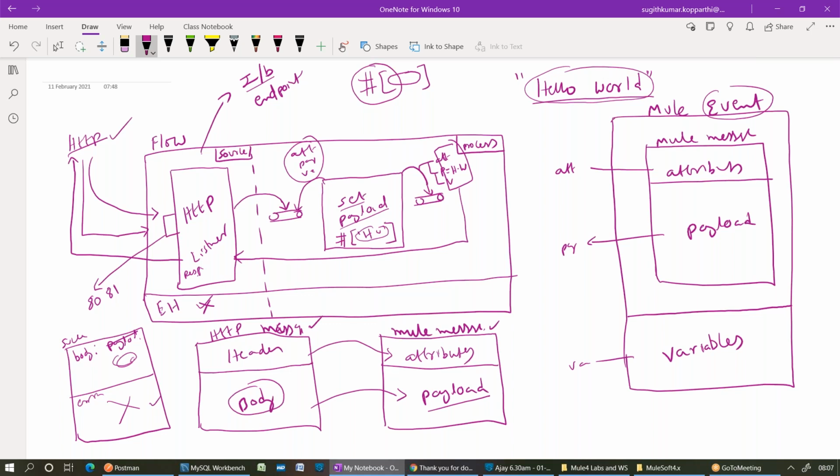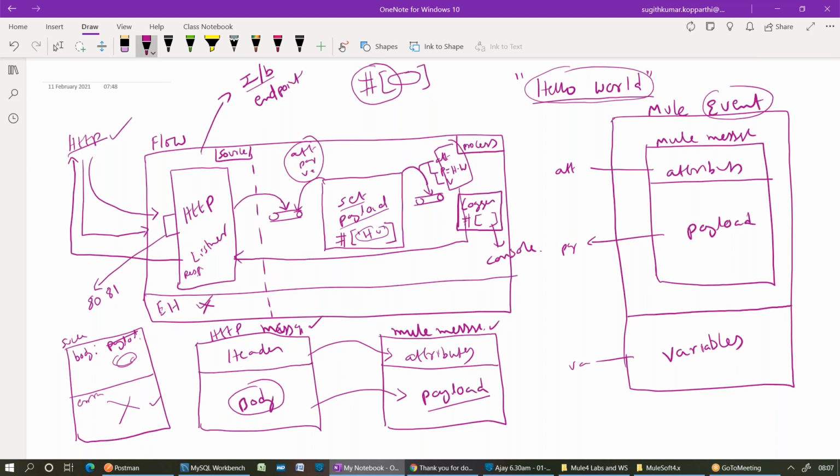Now I will configure one more component here, a logger. What will this logger do? Whatever you write in the message of the logger will be printed onto the console. This is useful for the developer.